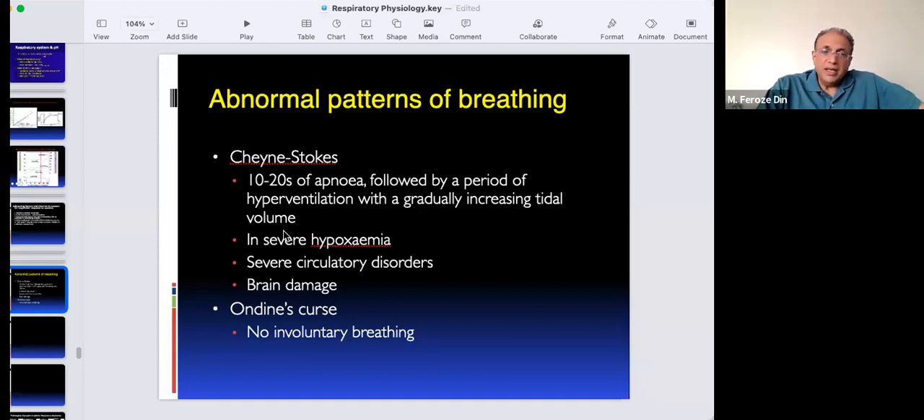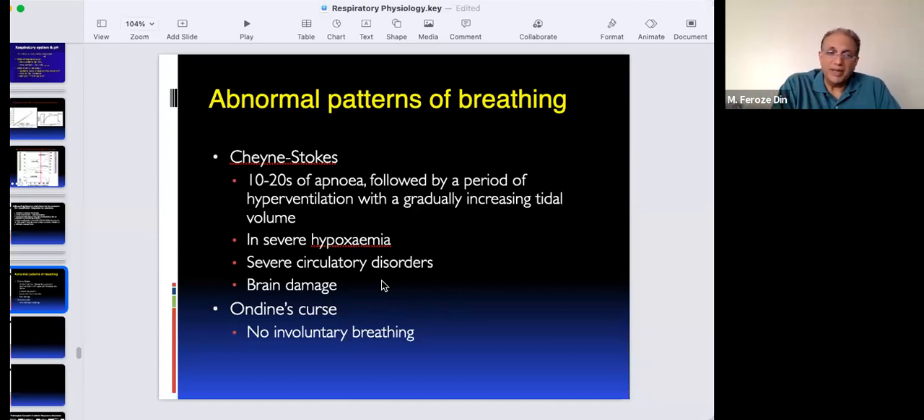There are other abnormal patterns, and I just want to mention two of them. One is called Cheyne-Stokes breathing, where the person has 10 to 20 seconds of total apnea. Then there is gradually an increasing tidal volume until he's hyperventilating, and then it stops again. So he starts with nothing and goes higher and higher and higher, over breathing, and then stops again. These are abnormal patterns and may happen with brain damage, circulatory disorders, or severe hypoxemia, where the feedback control is